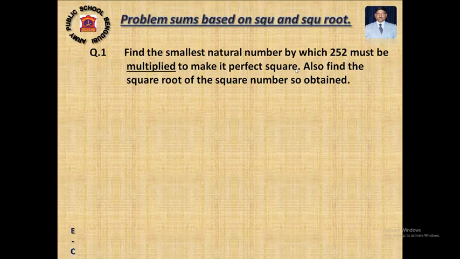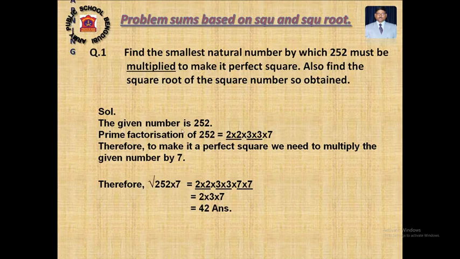Now after multiplying, I will be getting a perfect square number, and then you find out the root of that perfect square number. So let's see how I have done it. Given number is 252, it is not a perfect square number. So if we factorize it, the factors will be 2 into 2, 3 into 3, 7 alone. So clearly understood, the factors 2 are in pair, 3 also are in pair, but 7 is not in pair. To make it a pair, I need one more 7. So therefore we have to multiply by 7 to make it a perfect square number.